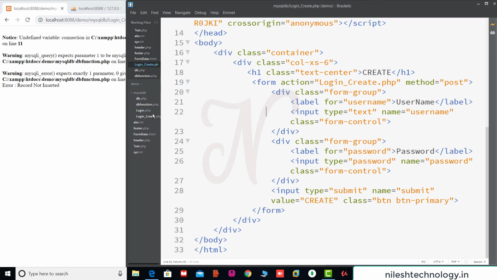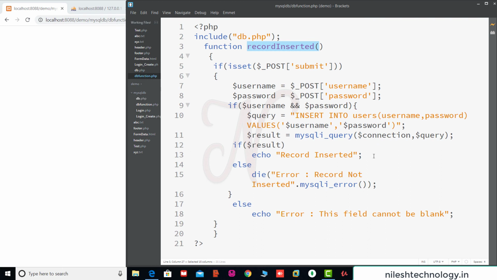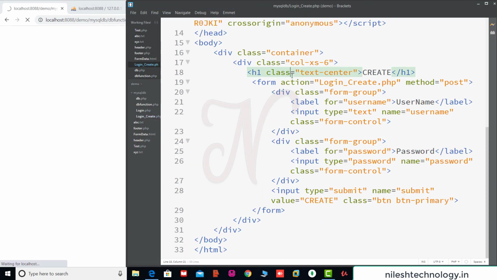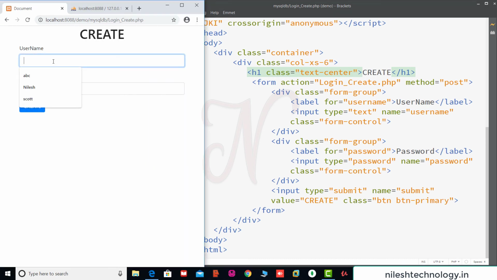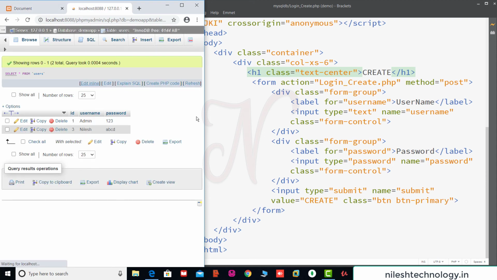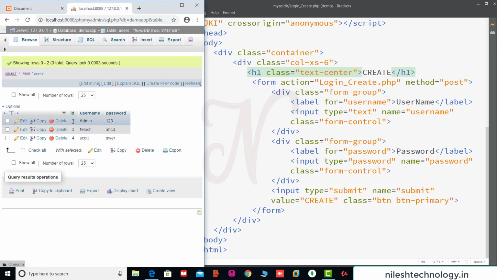So going to this db function, here this connection is null. So we make this variable global, connection. Save here. Again going to this login create file, save here. Pass here Scott, QWER, create. Record inserted. Refresh this window. See here, next ID 4, Scott, QWER.